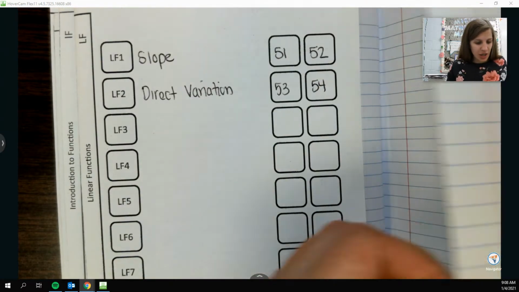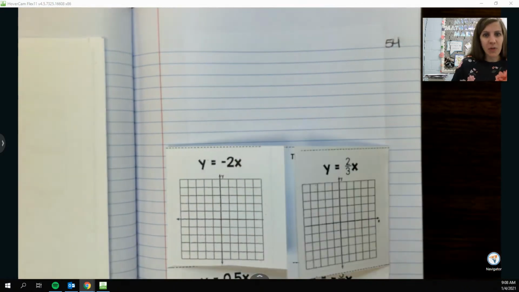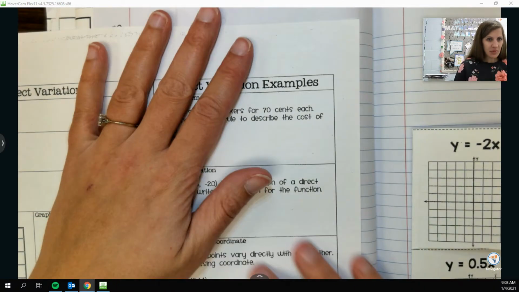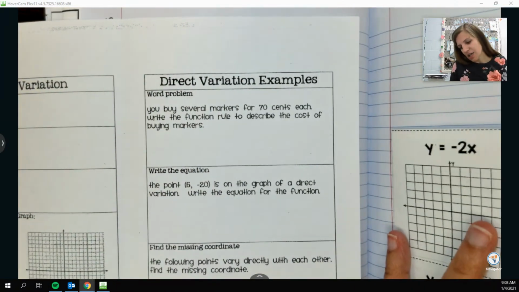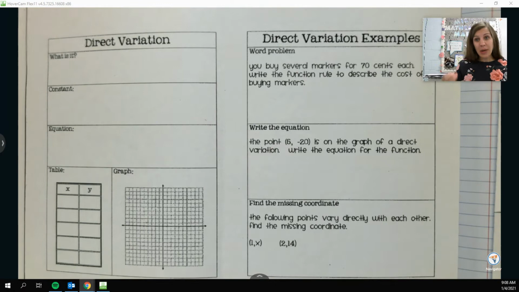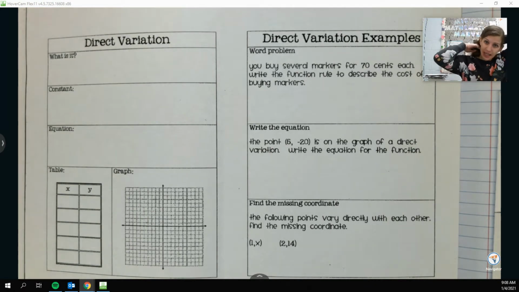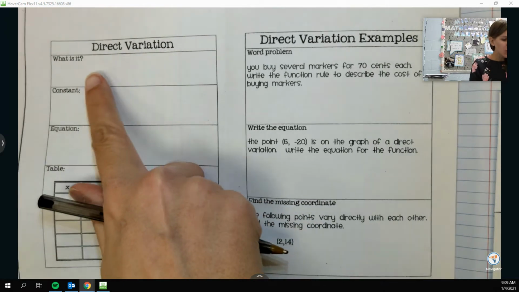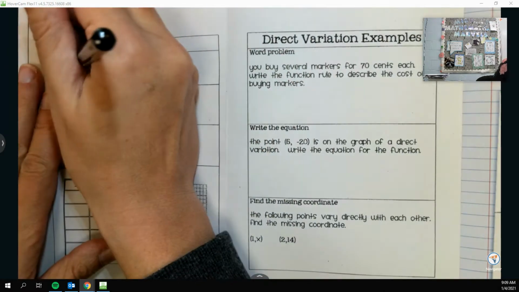So if we turn to page 53 and 54, this time I actually want to start on the left-hand side on 53, inside here. So on the inside here, we just have our most basic, like what is direct variation, and a few examples that we'll go through. So firstly, what is direct variation? Direct variation is